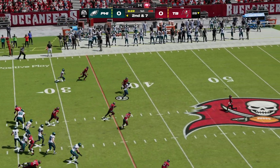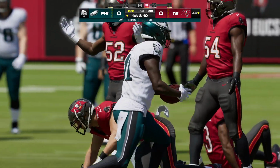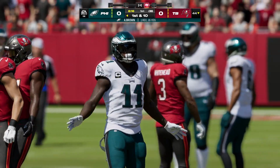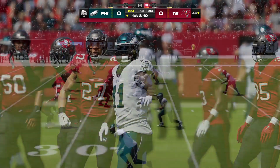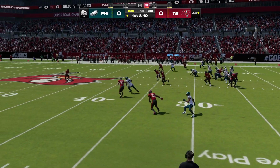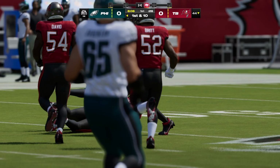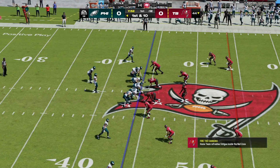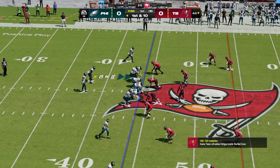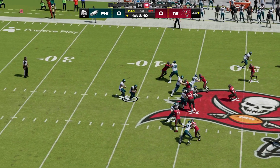Second down, here's Hurts. He'll get this one complete. That's A.J. Brown. And they'll get it up just short of the 45 at the 44. It's a gain of 16 and an Eagle first down. I don't care who you put on him. He's going to be a handful in one-on-one throws. Yeah, right now, you're right. They're in man-to-man. Maybe need some safety help. I would say that'd be a good idea. Double team him somehow. I'm going to have to make someone else beat me rather than let him shred my